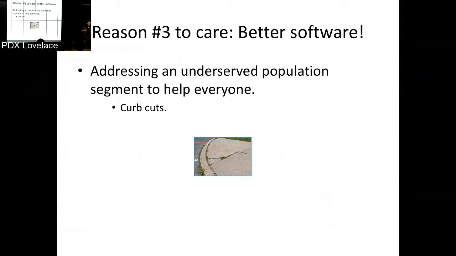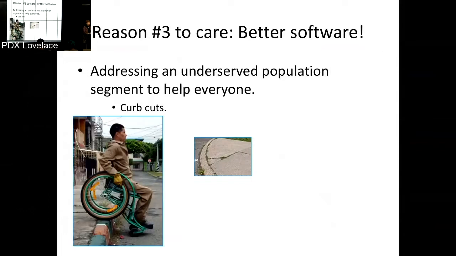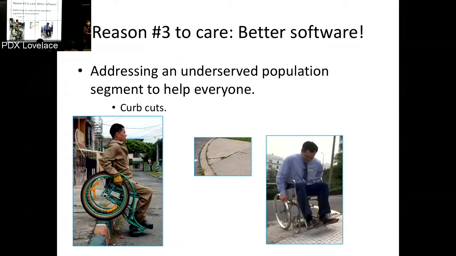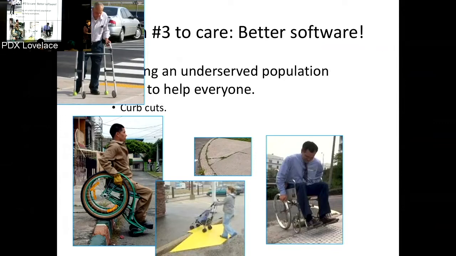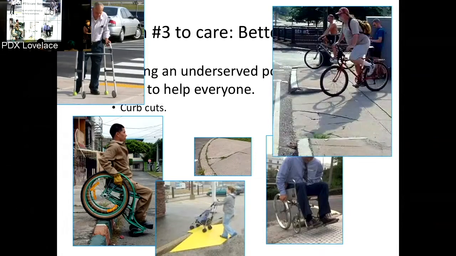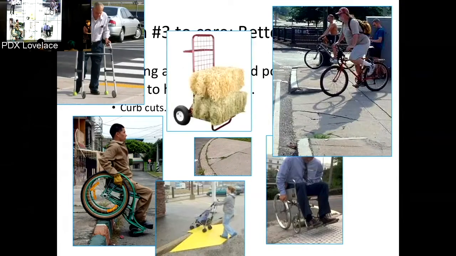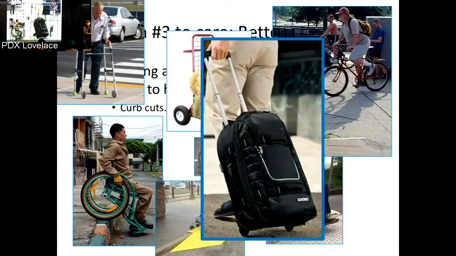You know, those cutout places in the sidewalks? Way back in the old days, there were no curb cuts. And somebody noticed somebody in a wheelchair having to deal with sidewalks and no curb cuts, and said, this is terrible, and curb cuts were born. They did help people with wheelchairs. And they helped people with walkers too, those wheeling walkers. And they helped mothers pushing their babies in strollers. And they helped people on bicycles. And they helped people pushing dollies with heavy bales of hay on them. And they help the few people in the world that have those suitcases that have wheels on them.